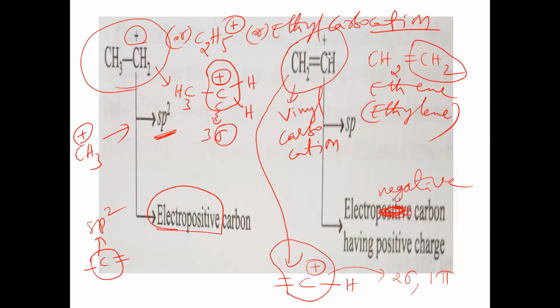Here also it is the same thing. So the C double bonded CH plus, though it carries positive charge, must be electronegative in character, because this carbon is sp carbon, and sp carbon is always electronegative in nature. Is the concept clear? So this point we have to understand, about sp2 carbon, sp carbon, all these things. Let's take the screenshot of this.